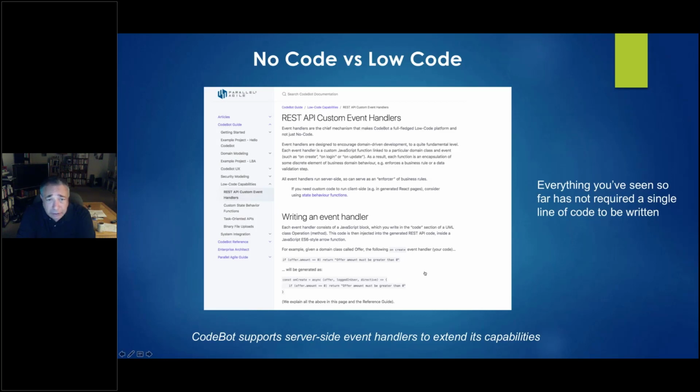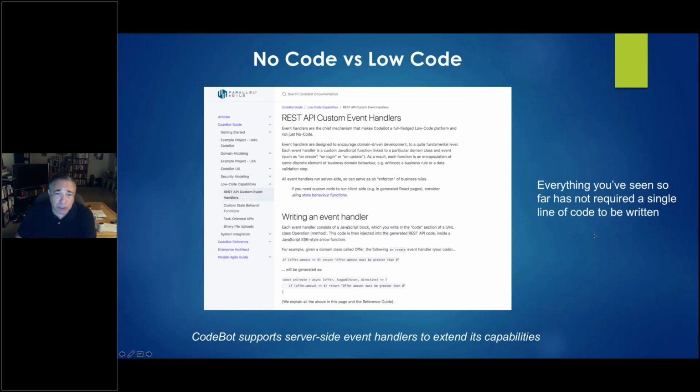However, CodeBot is not just a no-code tool, but it's actually a low-code tool that allows you to attach server-side event handlers, and you can attach them to state machines, you can attach them to class operations, and so to repeat, not a single line of code has been written yet.